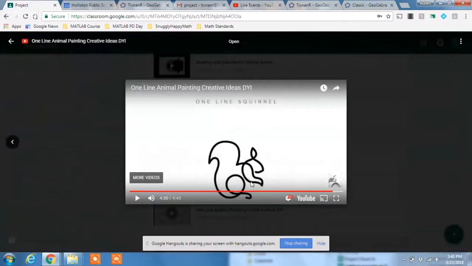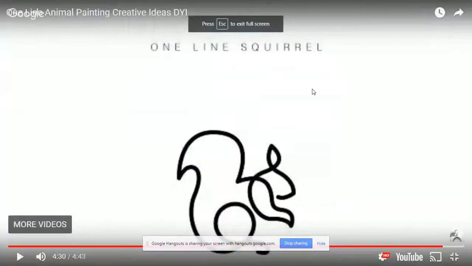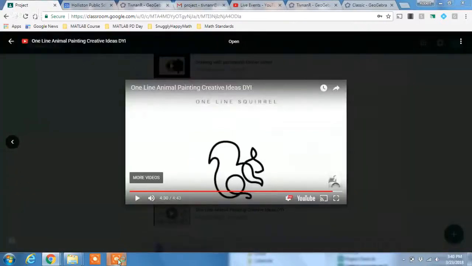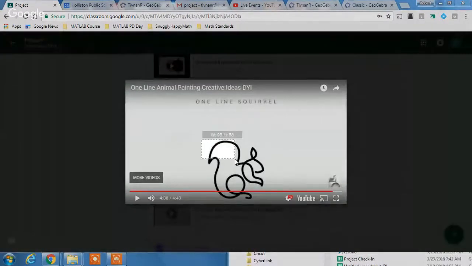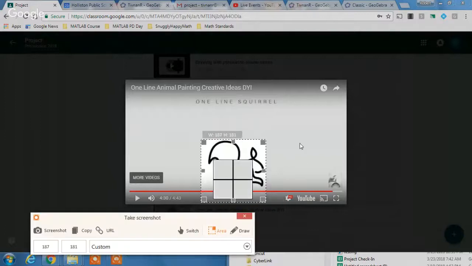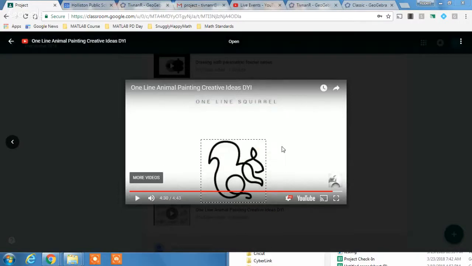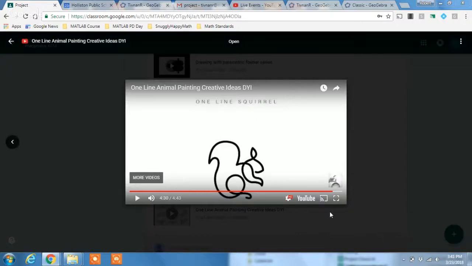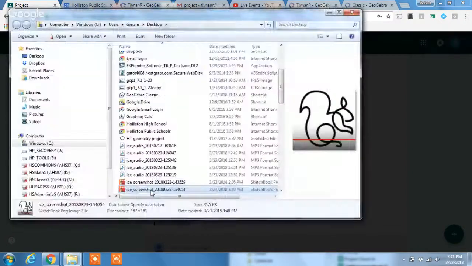So I already set it up. It's this squirrel. And what I want to do, let's see, hide that for a minute. What I want to do is take a snapshot of this. So screen capture that. And you can do this freehand. You can do your own curves. I'm coming up with something that will help me to draw something that I can't really draw myself because I'm not that artistic. So saving it over here,